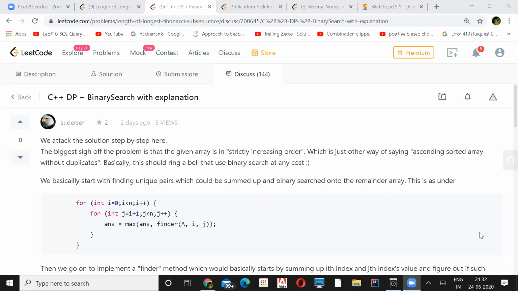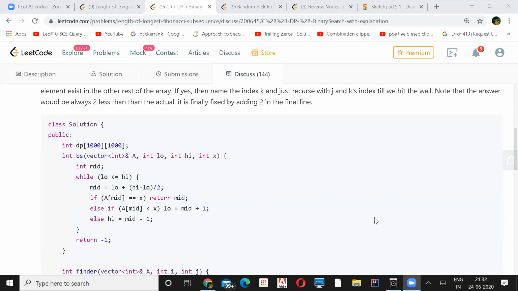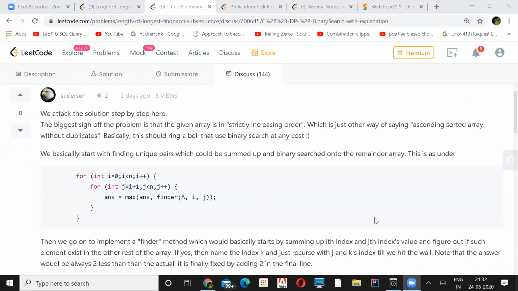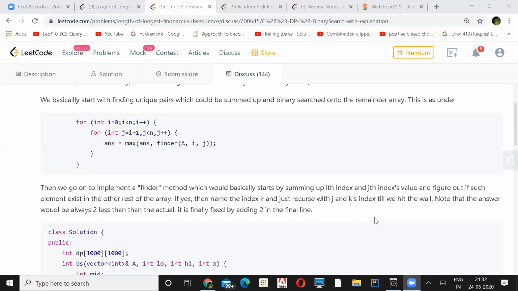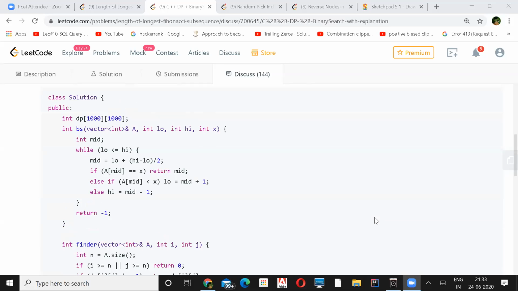Okay. So the finder function is actually doing the magic, getting the two unique pairs. It's doing the BS. They have the BS function here. That uses a DP array of size 1000.